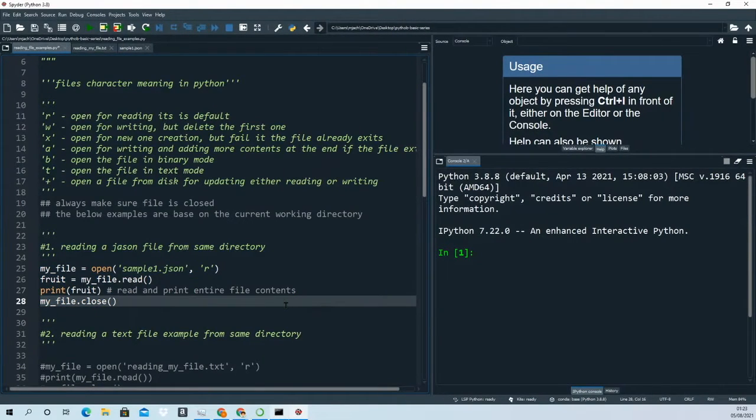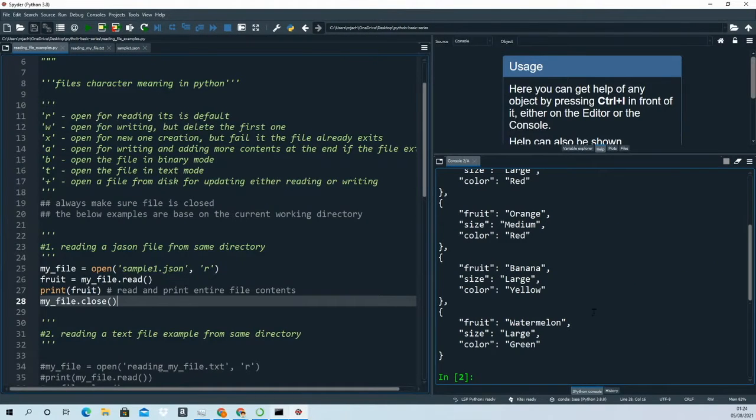Example one, where I'm just going to open a JSON file in read mode. The open method takes arguments: the first argument is the name of the file and the second is what mode you want to open it in, whether writing mode or read mode. So it's open in read mode, and I'm going to create another variable, fruits, set to my file dot read, and it's printing all the contents in the file, and I'm closing the file. If I run this you can see it will spit out